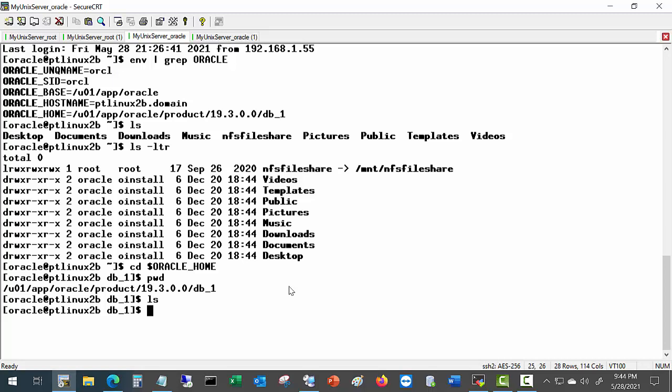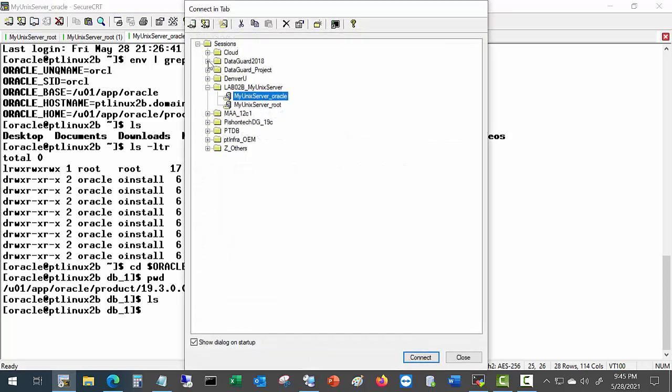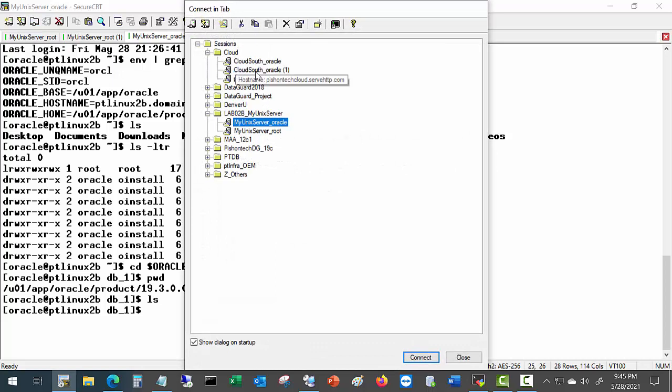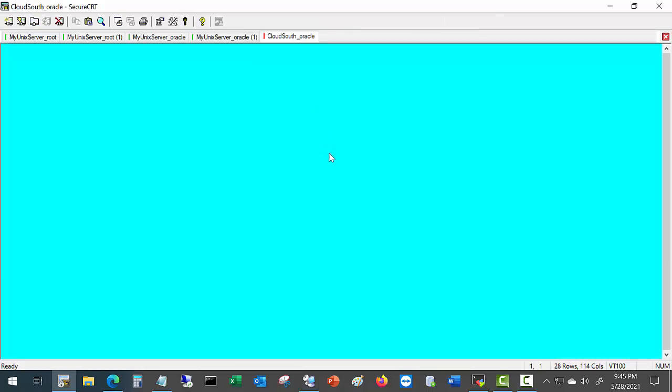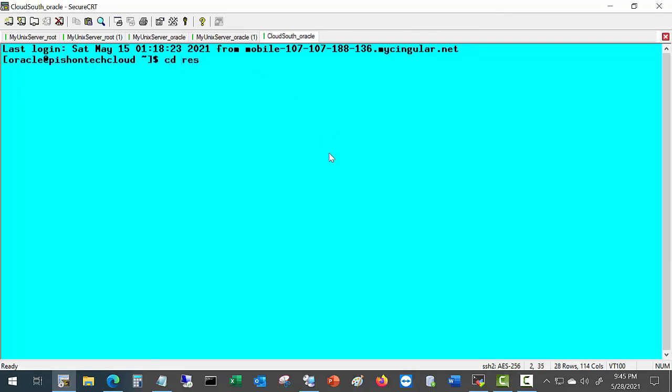Now, normally you will download this from the Oracle website, but for the purpose of our training, we have kept it in the resources folder of the cloud server. Let me go to the resources folder of the cloud server, of the class server. So when you log in with your name and change directory to resources,